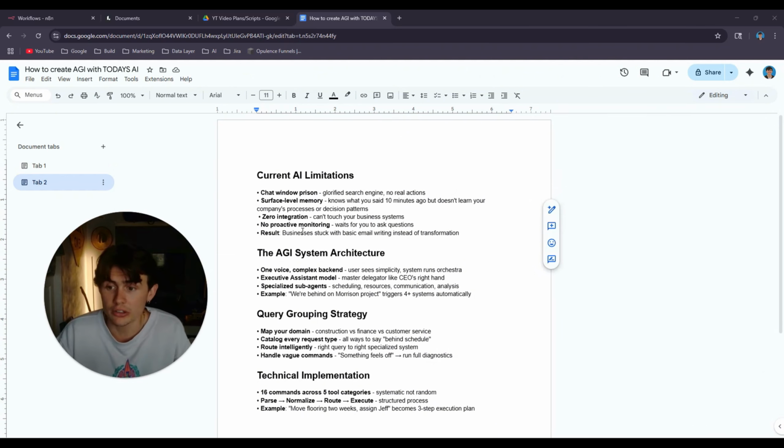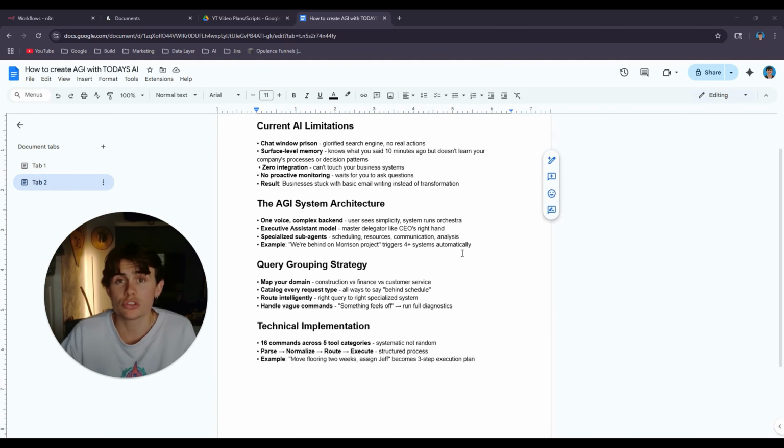And next, because it is so disconnected from actual business operations, it has zero proactive monitoring. What do I mean by this? These systems wait for you to ask them questions. The trigger for the chatbot to start is you going to it and asking it a question. And that is very unuseful and impractical.